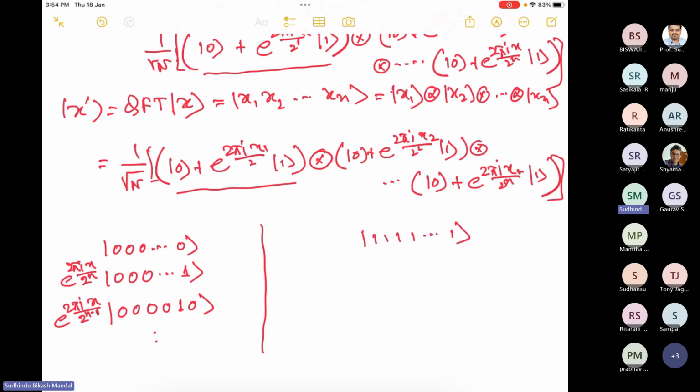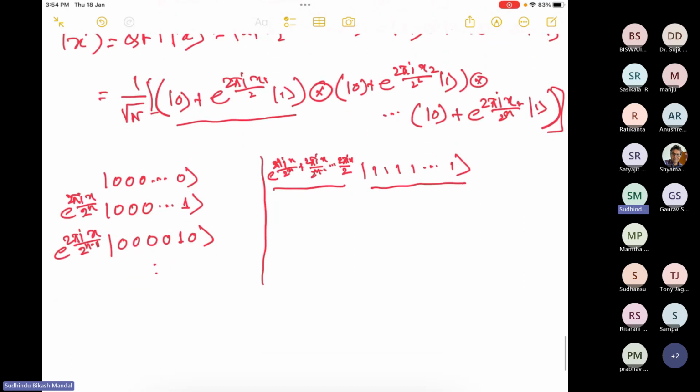Here you will get the summation of each and every e to the power 2 pi I x by 2 to the power n plus, I'm right, this is the add up of this exponential, that's why I'm adding e to the power 2 pi I x by 2 to the power n minus 1, and this way it will be 2 pi I x by 2. You will get these terms as phase terms where all ones are present. And a combination of 1, 1 means it will give you two different terms.